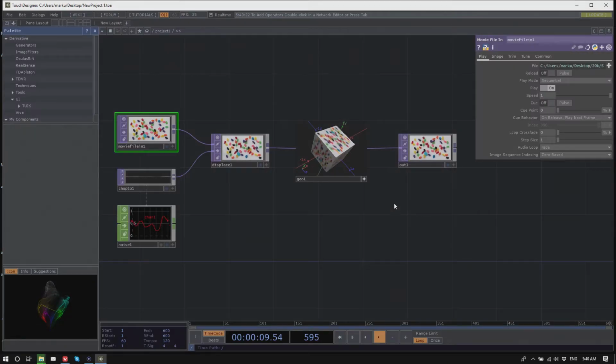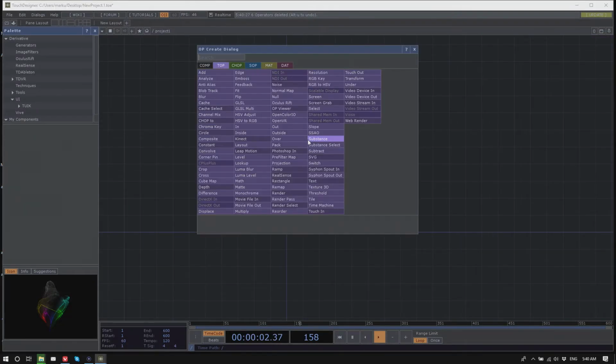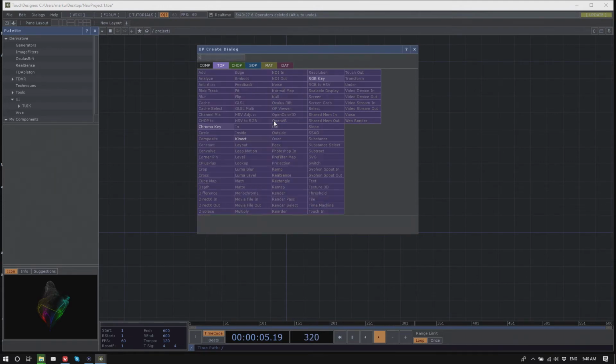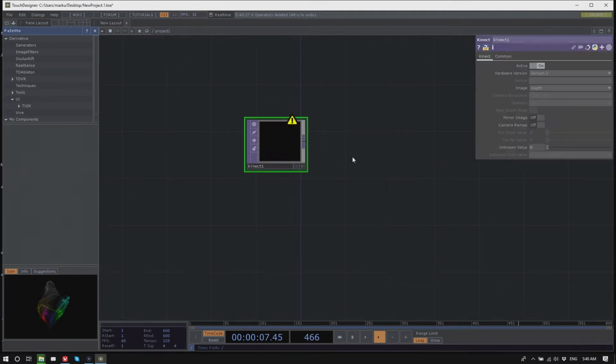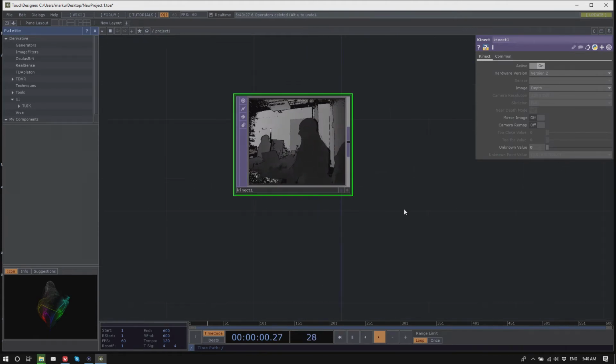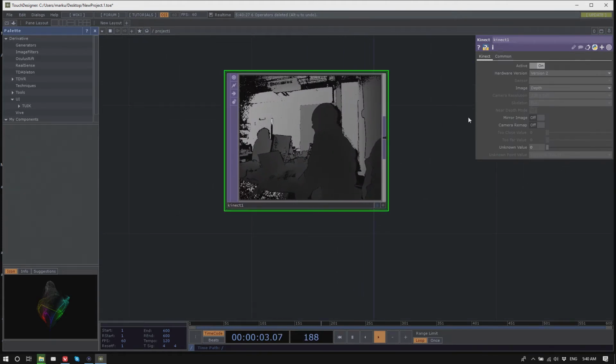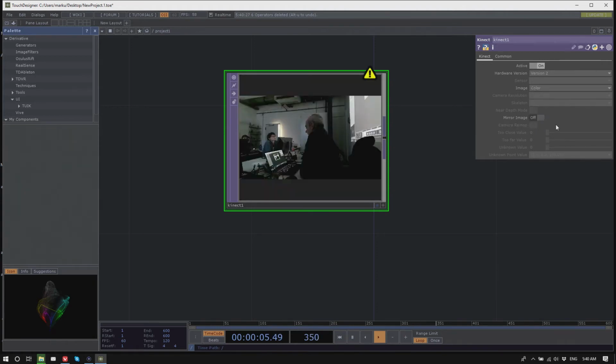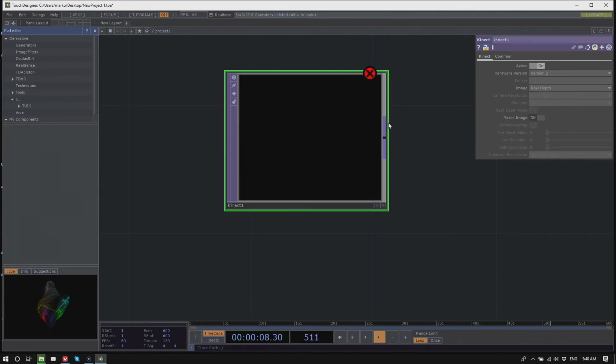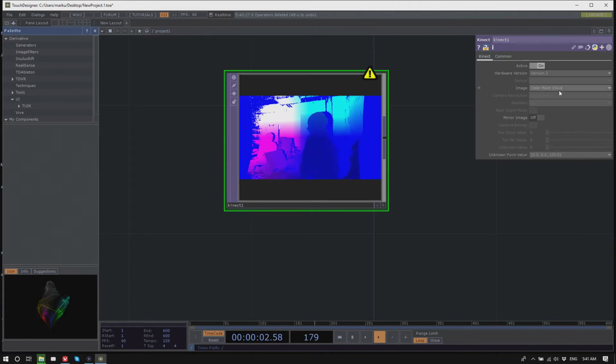What you will find is a Kinect TOP, which returns the depth image, or the color camera, or the raw depth, the infrared image, as well as the player index if it detects players, and the color point cloud, as well as the color image we worked with yesterday.